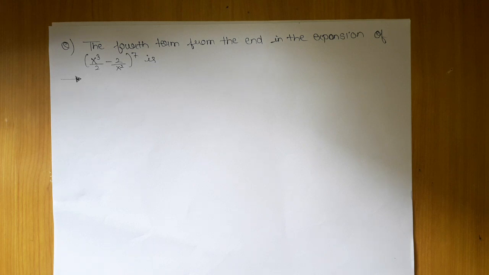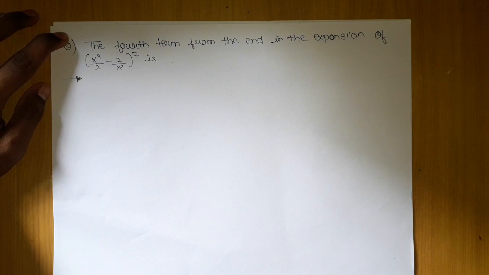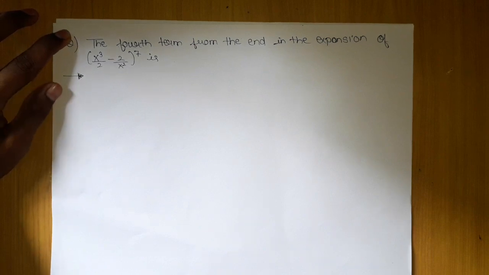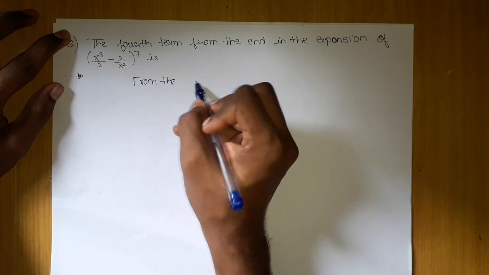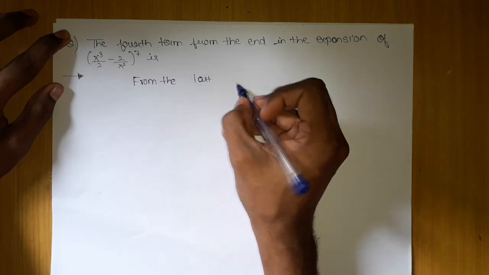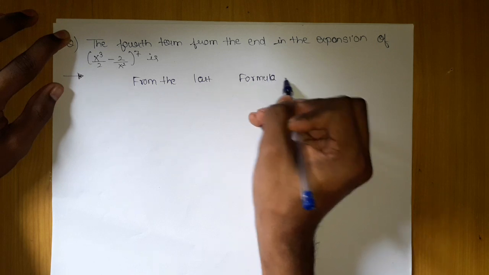Okay, so this type of question, they will give you a term from the start, or they will give you the fourth term from the last, fifth term from the last. So it has a general trick. You have to just remember the trick. From the starting you can easily tell which is the first, which is the second, which is the third, but from the last, how will you identify it? It is nothing but a formula. You have to just learn that formula, don't apply any trick.